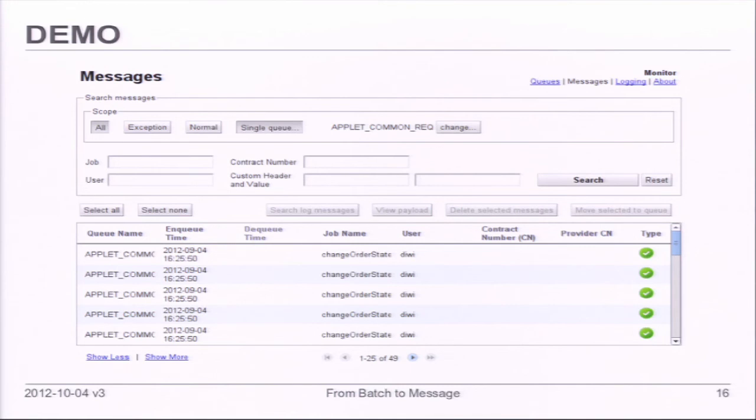So we'll just show you one example of how we did this for one of the customers. Usually it will look different depending on the project, but the concepts should be similar. So you have an overview of the queues, you have an overview of the individual messages, and you see what has been logged for those messages.